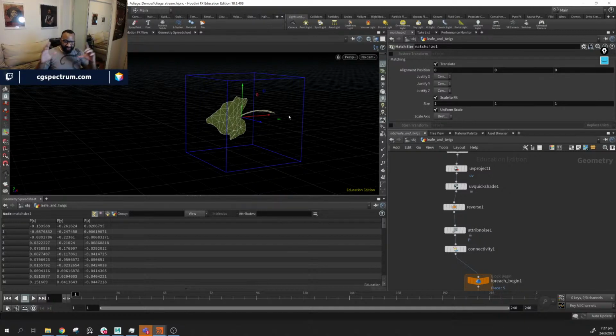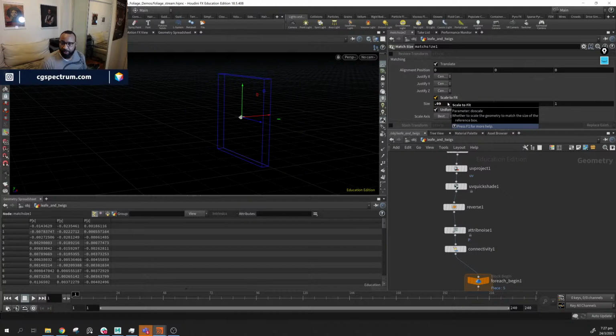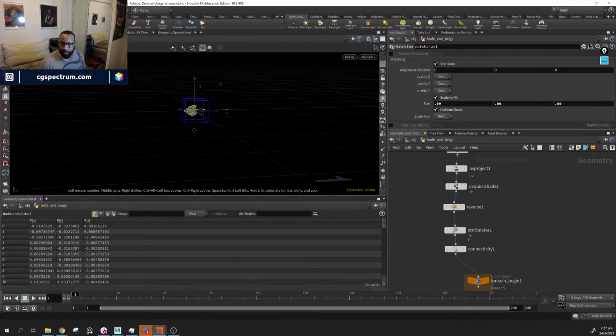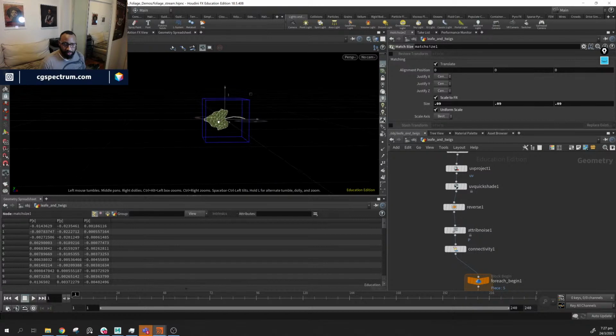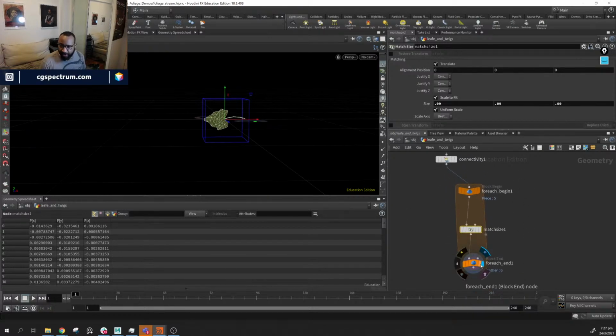So I always want to make stuff in real world scale. So let's say I said 90 millimeters. So that is 0.09 meters. 0.09 and 0.09. Cool. So if I turn off single pass,